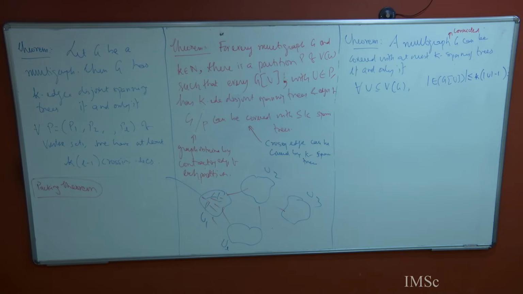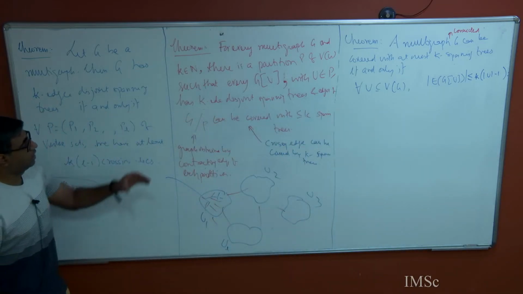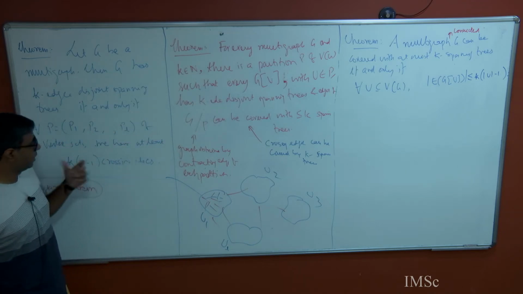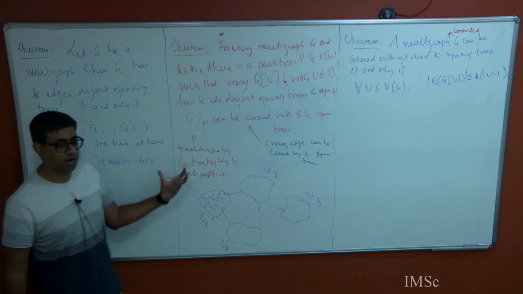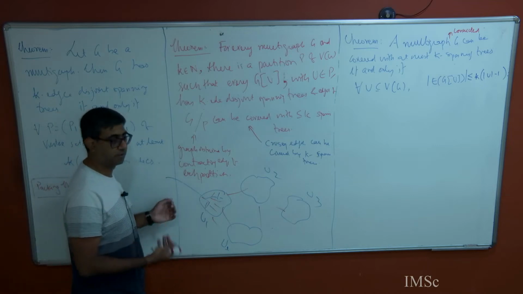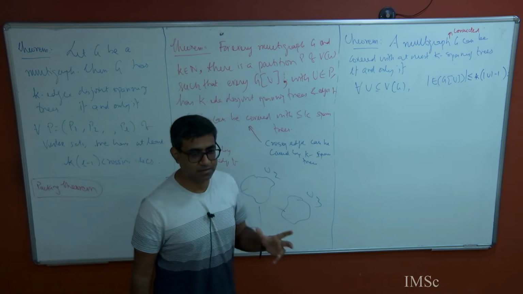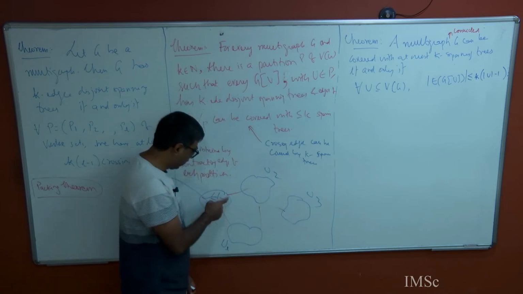This is why this is very useful, because I personally think that this should have much more utility than what we are able to see here. So this theorem implies both these theorems. Before, for each of these theorems you needed a different proof. Now in some sense it's a unified proof which also gives you a very nice structure theorem for the graph. What it says is, if you give me graph G and an integer k, then I can partition my vertex set into pieces, and look at the graph induced on each of them.